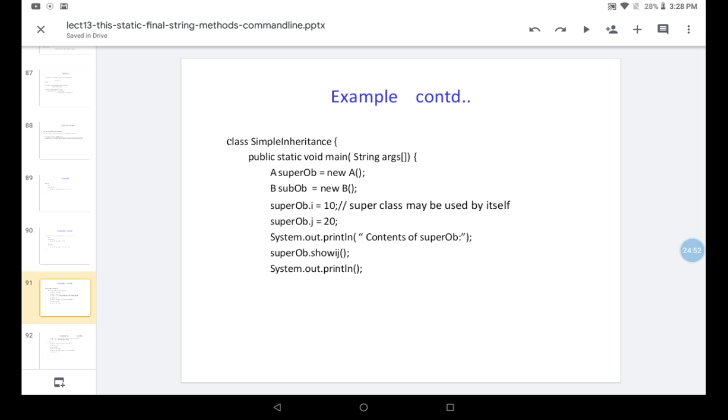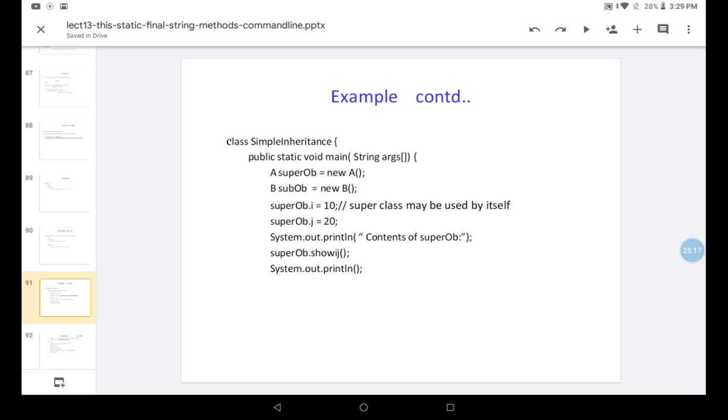The superclass may be used by itself. Here we are just initializing the values of class A's superOb: i value is 10, j value is 20. So System.out.println the contents of superOb, what will it print? superOb.showij means 10 and 20.